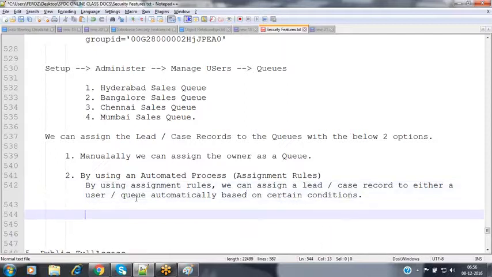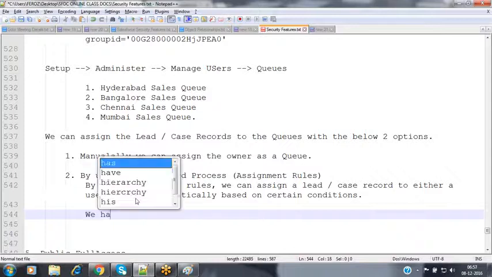So we can assign lead records or case records to the associated queue automatically, with no need to assign them manually. We can make it an automated process. For that, Salesforce provides two types of assignment tools.